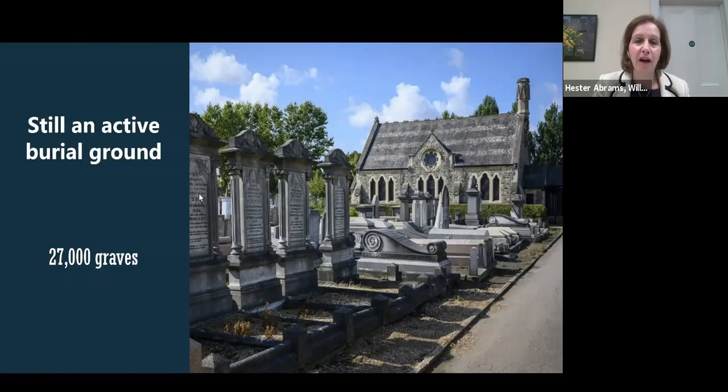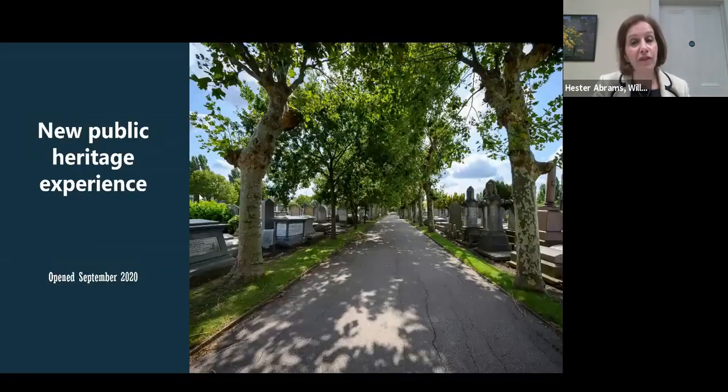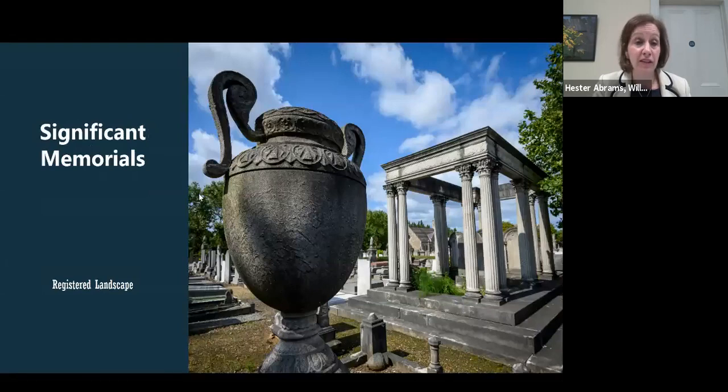Let me see. I've got another couple of slides just showing a little bit more of the environment. As we're saying, it's 27,000 graves, or nearly 27,000 graves, from 1873 to August 2020. It's still an active burial ground, and it's a registered landscape. Those of you who are knowledgeable about conservation and gardens and parks will know the Register of Parks and Gardens of Special Historic Interest. And this is the only Jewish cemetery in England to be on it, largely because of the